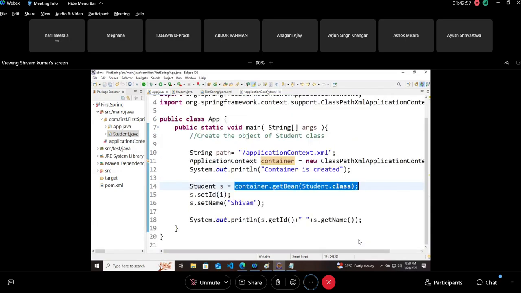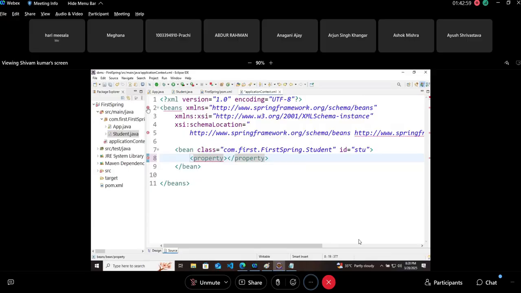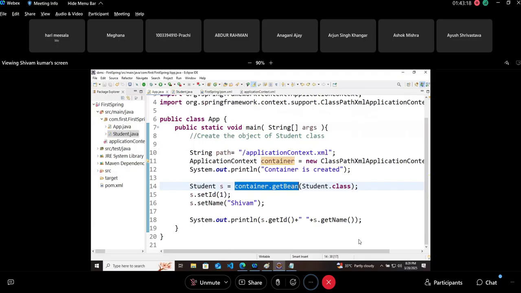The XML file will show an error for you. It is the habit of Eclipse that it does not parse XML. You just run it and see. On running, you will not get any error. Right? On running the file, you will not get any error. Here it will show errors like this. So now the container is managing the object, not you manually. So automatically things are going on.